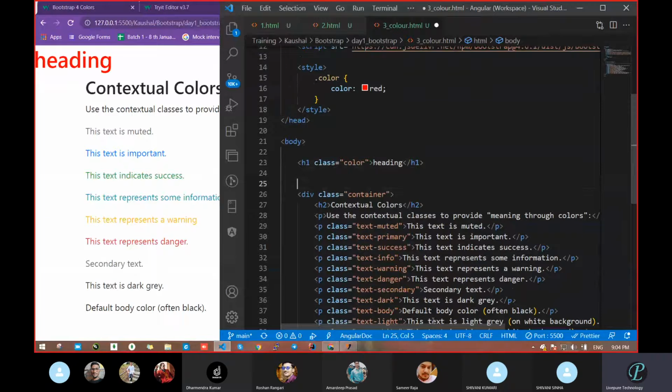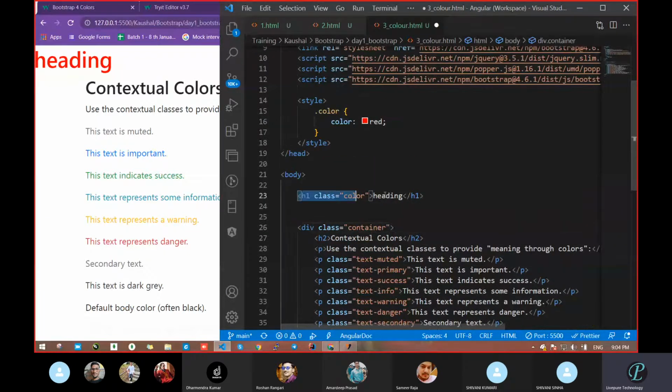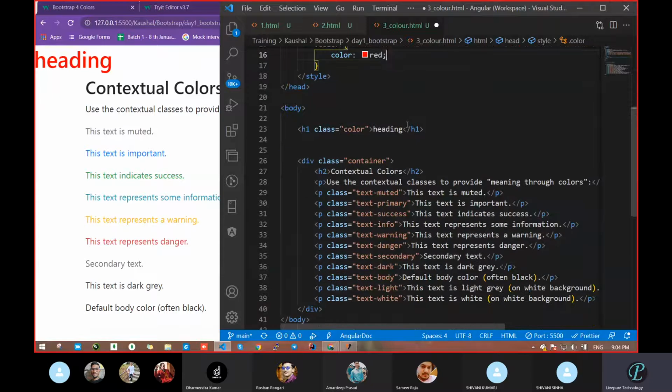So what we have taken here is one container, and suppose you have to set a color for this particular text. What are you doing? You just take color. But in Bootstrap, you have to tell that it is a text. So text, then color name. So for color names, 8 or 9 colors are already defined. One is muted. Just keep the name muted in mind.